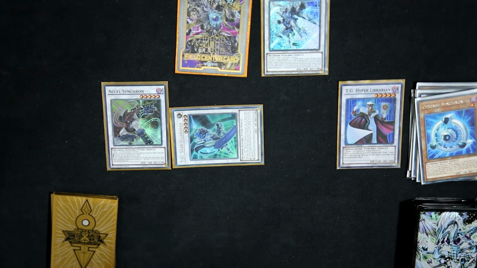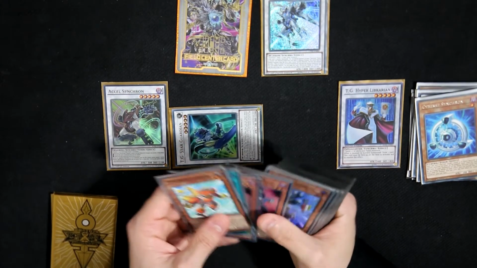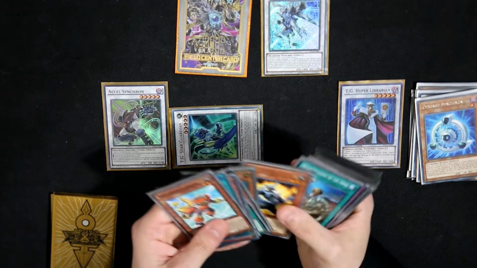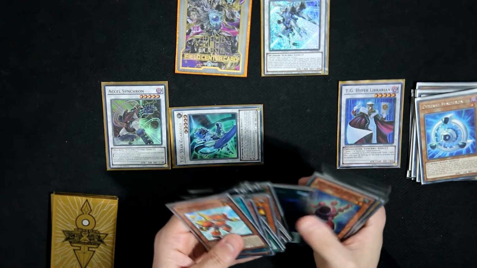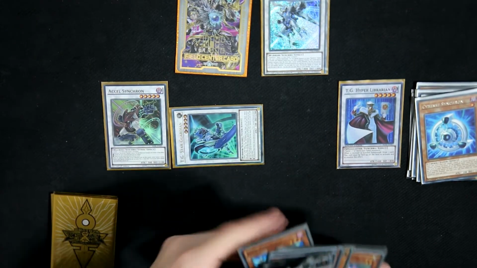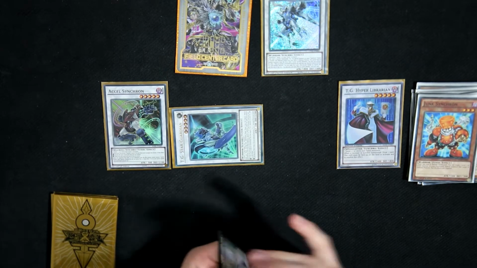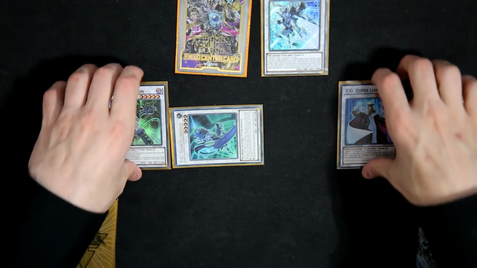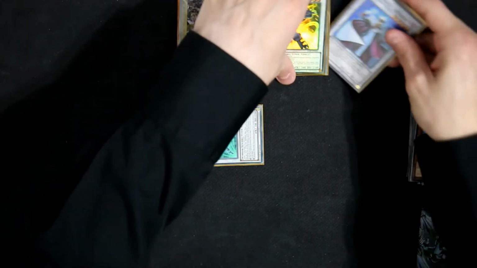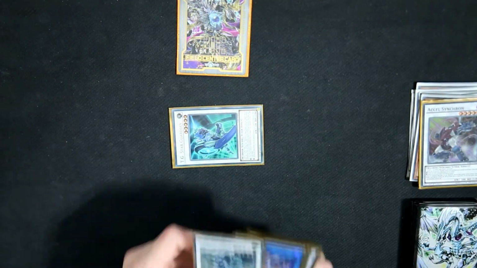So, now what we can do is we can go use Excel Synchron's effect and send from the deck to the grave a level 3 tuner. So a level 3 Synchron monster in Junk Synchron to the grave, making Excel Synchron level 2. Then we are going to use Excel Synchron, TG Hyper Librarian, and Junk Speeder to synchro summon into